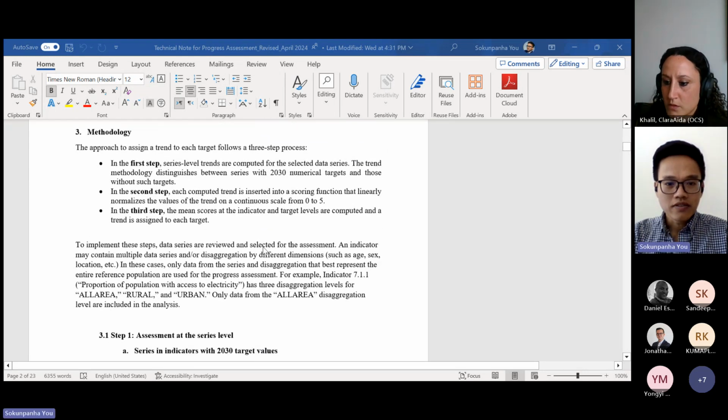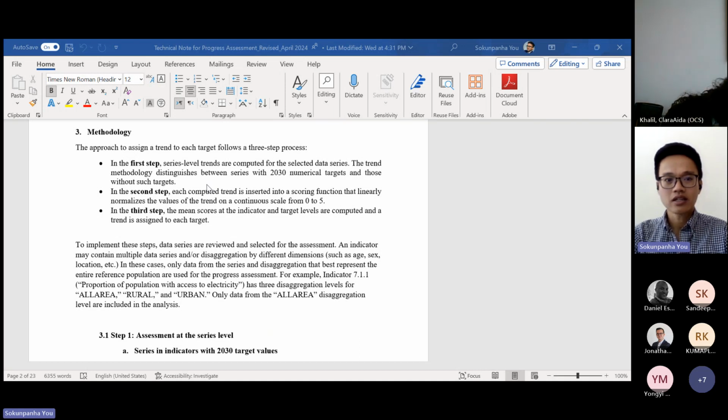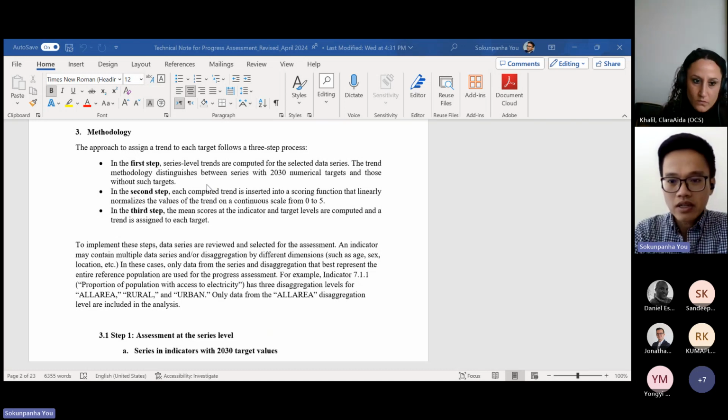Into the methodology itself, the main innovation here is that we add one step to the calculation. In the past, we basically imputed the trend to the data series and then we started the aggregation. But this year, with a very helpful comment from FAO, we have introduced a second step where, after imputing the trend to the data series, we also insert those trends into a scoring function to normalize the value between 0 and 5.